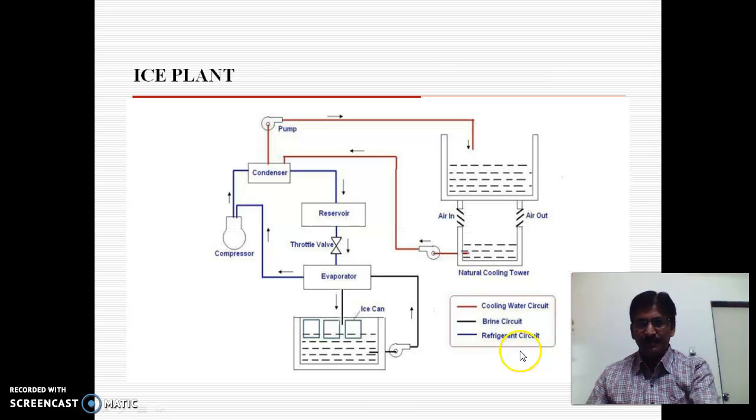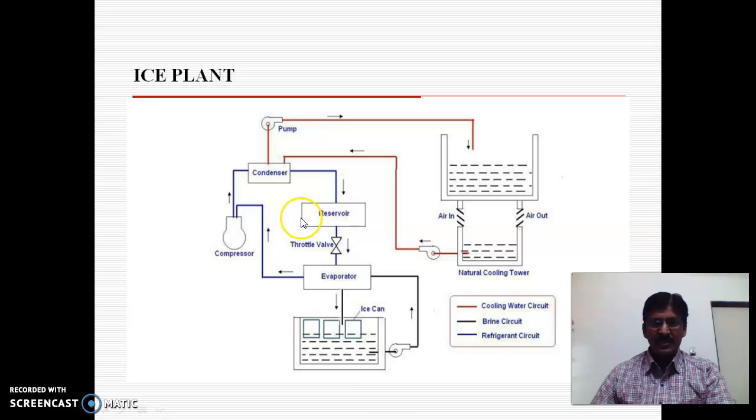If you see the basic block diagram of the ice plant, here you can see the basic fundamental refrigeration cycle, which mainly consists of four components: compressor, condenser, throttle valve and evaporator. Here our main purpose is to manufacture the ice. So the ice cans are